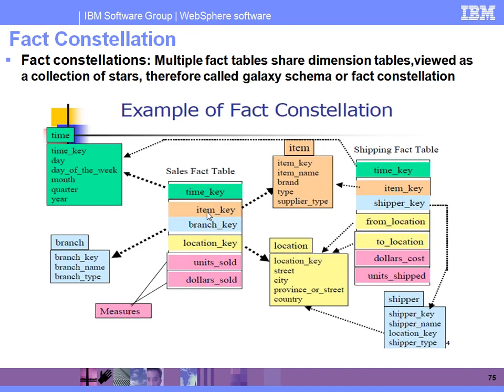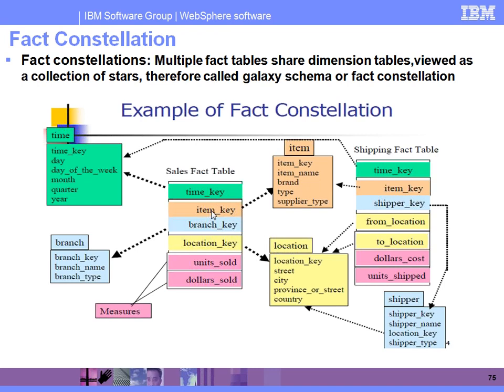But sometimes there are a few extra key columns we can identify in fact tables. Those key columns are not present in any one of the dimension tables. If there are no corresponding primary keys present in any of the dimension tables, even though we have some foreign keys present in the fact table, then this particular fact table we are going to convert as a dimension table, because there are no corresponding dimensional keys present in a dimension table. This dimension table we simply call a degenerated dimension table.